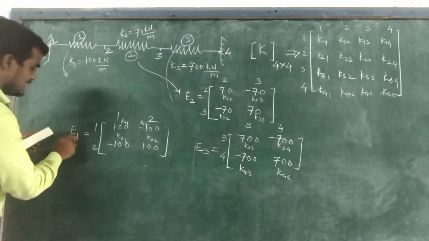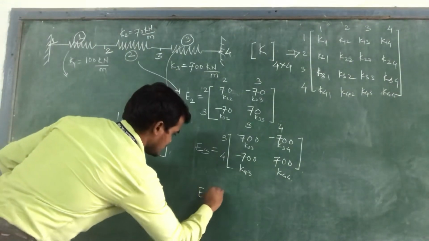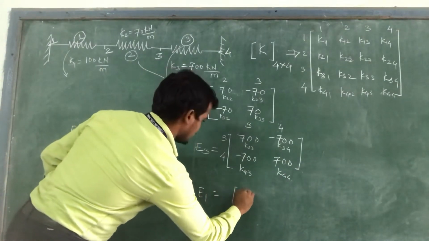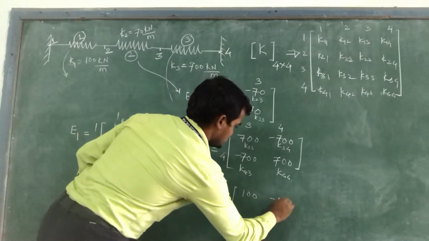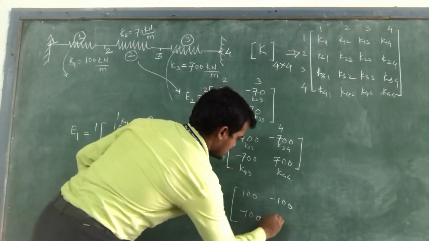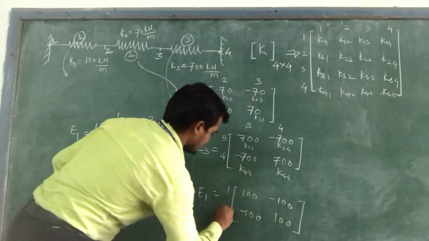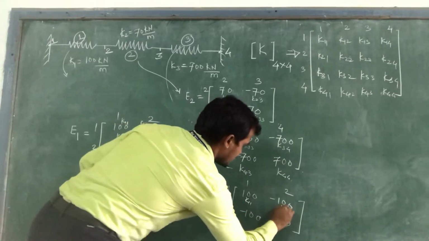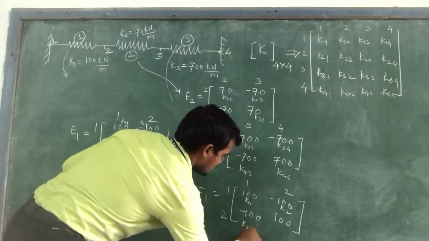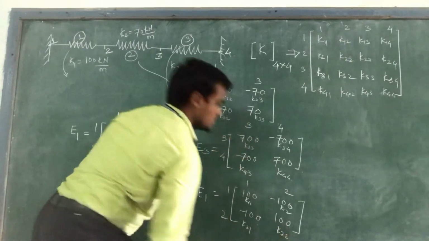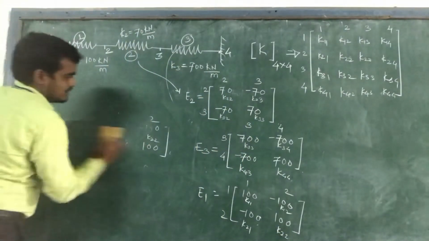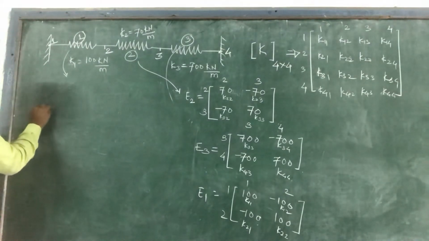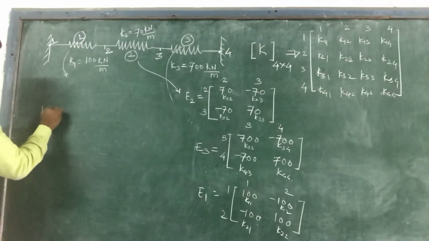Okay, so I will write this E1 here. E1 is equal to 100, minus 100, minus 100, 100, and this is between 1 and 2. So this element will become K11, this will become K12, this will become K21, this will become K22. Okay, so now write down the values. So finally, the K global stiffness matrix will become equal to